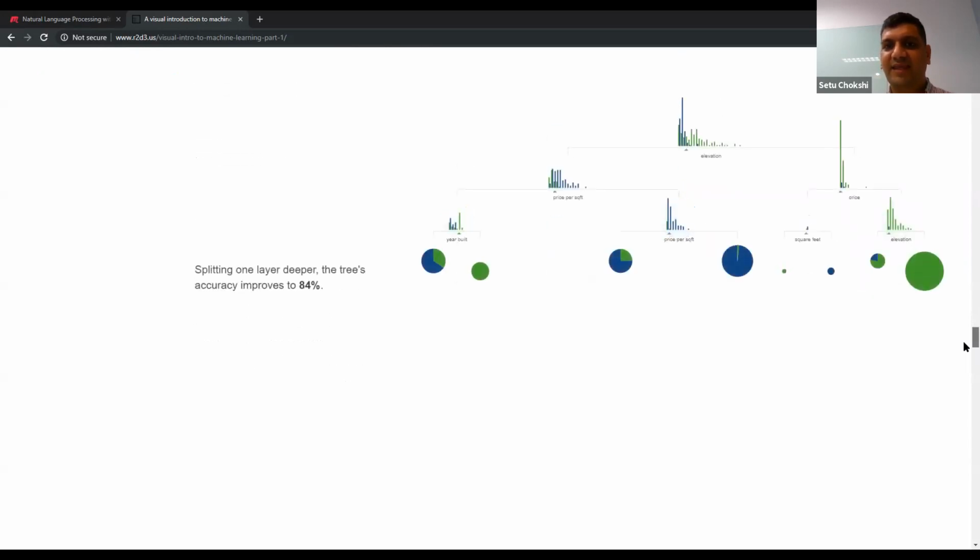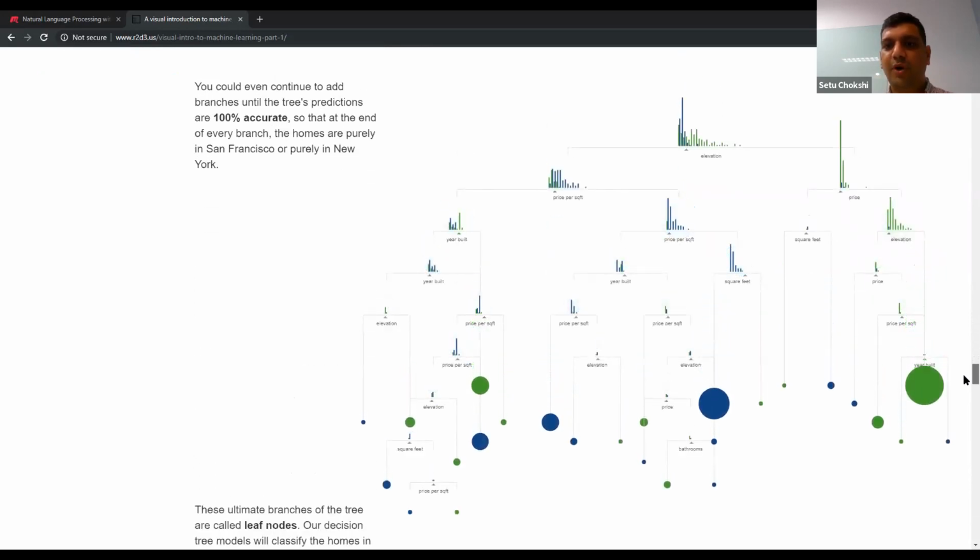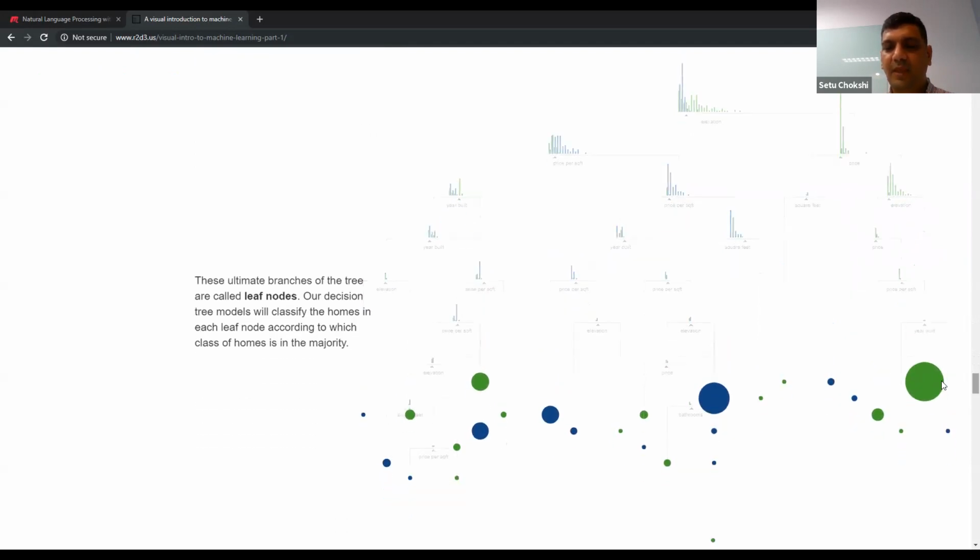So I keep doing that, keep adding more and more variables to a point where my values become pure. By pure, I mean that there are no further splits that I can do, right? The larger the circle, the more of these values sit in there. And you can see that your decision tree is kind of uneven, right? So not all of them have enough splits. We went on to a point where the leaf nodes became very pure, which means that there are no further splits that I can do.